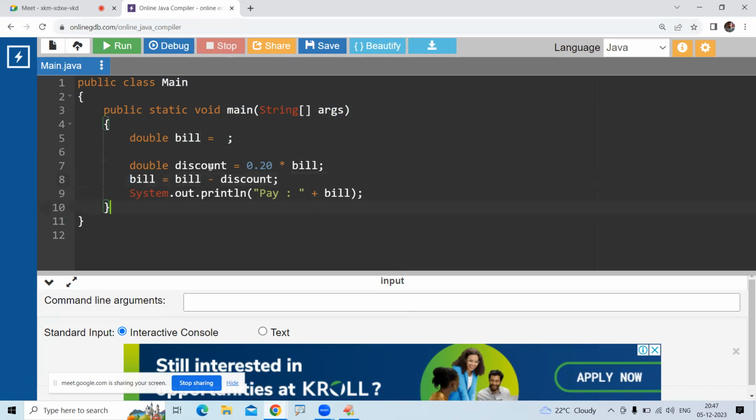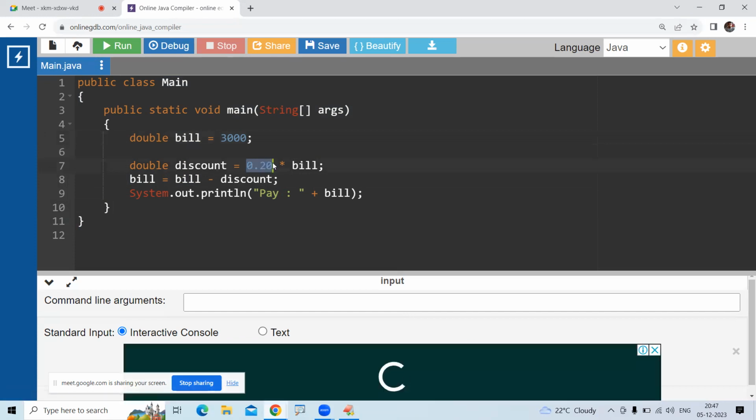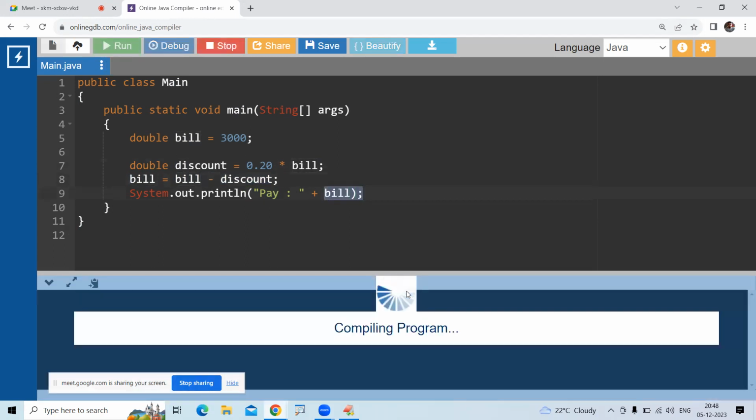Okay. Suppose 3,000 rupees bill amount. One customer came. Bill amount is 3,000 rupees. 20% of 3,000 is nothing but 600 rupees. Discount is 600 rupees. 3,000 minus 600 rupees, 2,400 rupees. The 2,400 rupees we need to pay. See, when you run the code,